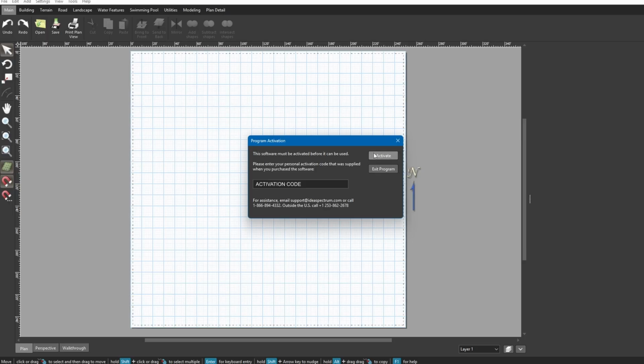If the Activate button does not highlight, that means the activation code was entered incorrectly or does not match the version of the software. Make sure that the activation code does match the version of the software that you are